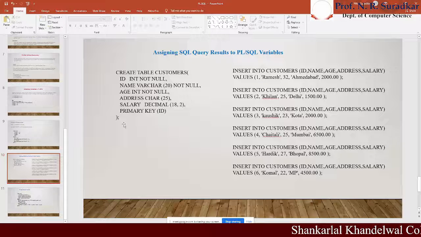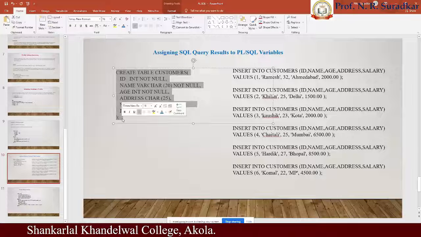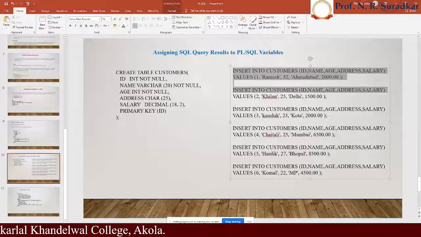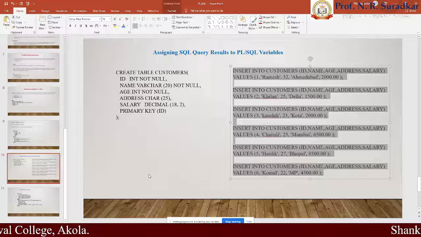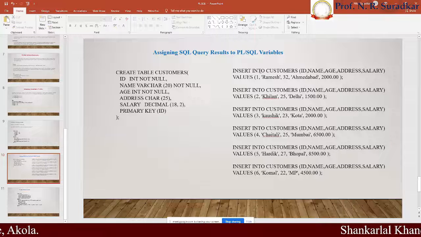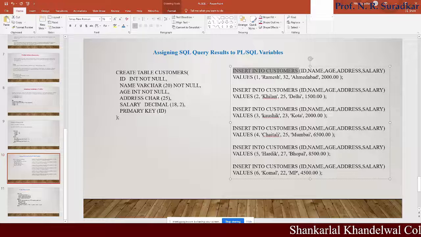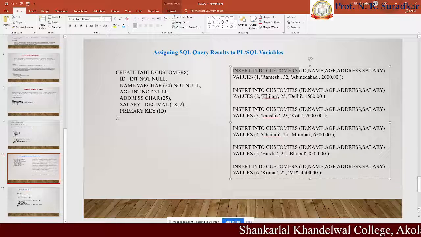After creating a table, we have to insert the values into it. By using these three statements we create the table, and by using the next statement we insert values into the table we created. To do that we use the command insert into customers, ID, name, age, address, salary, values.